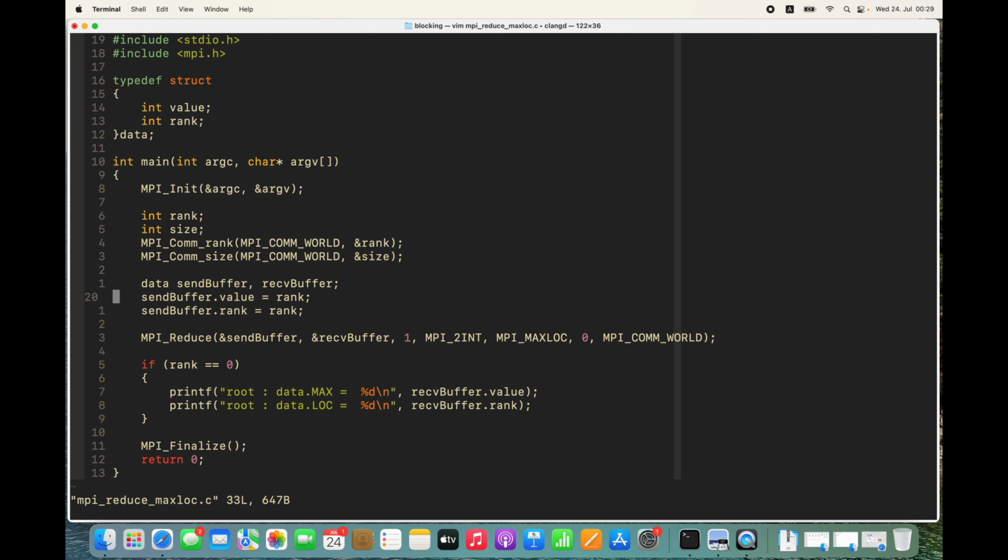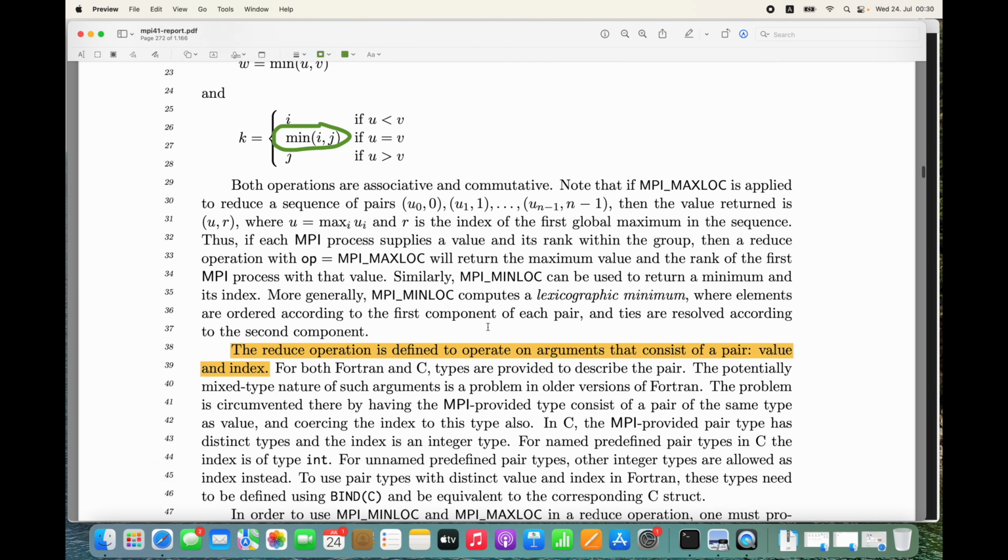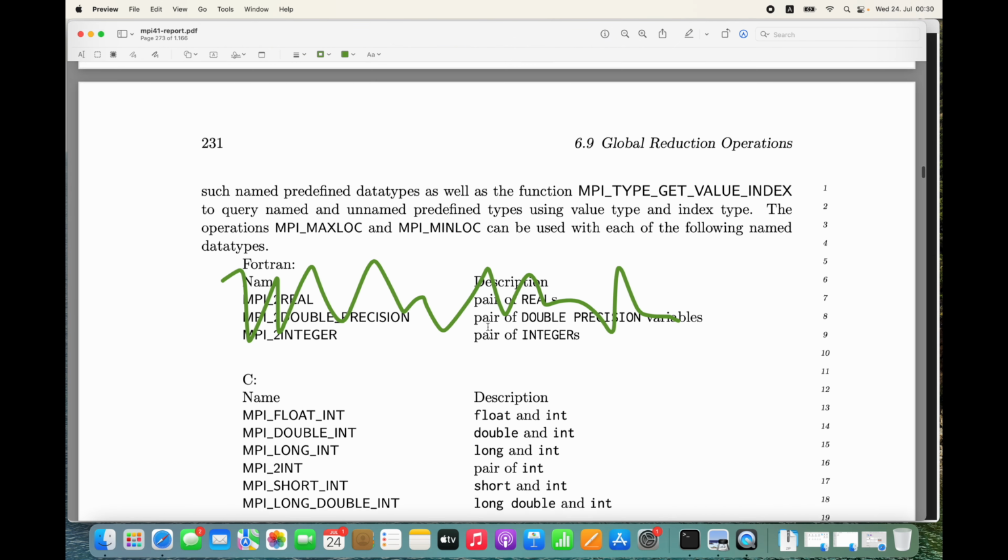Let me maybe put something else here so that we don't end up with the same result. So let's say rank times 2. This is how we initialize the value in each process. And then we call this MPI reduce, and instead of the usual type, we pass in MPI_2INT. So if you go back here, you're going to see that